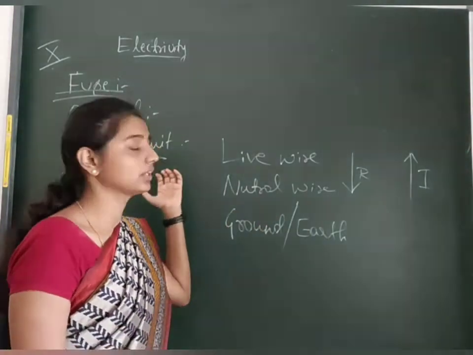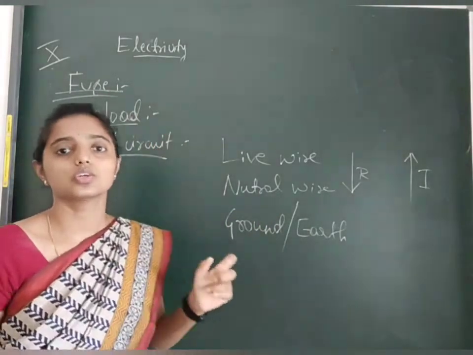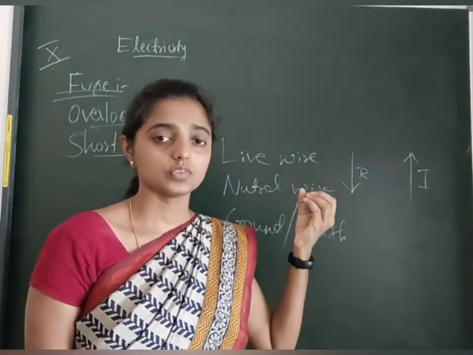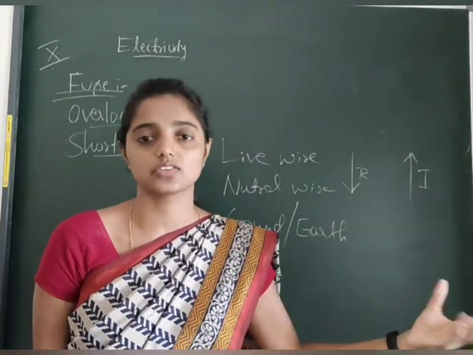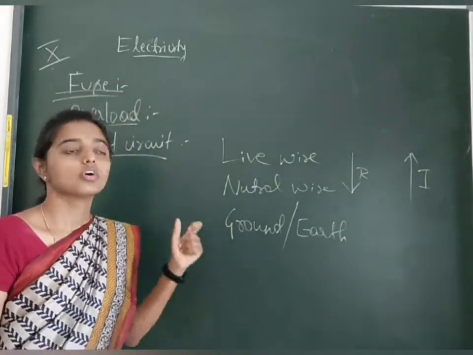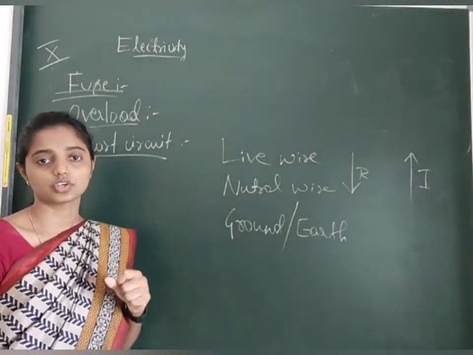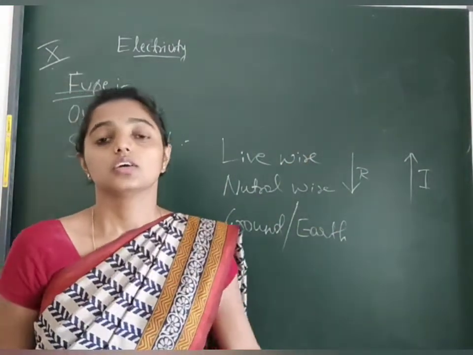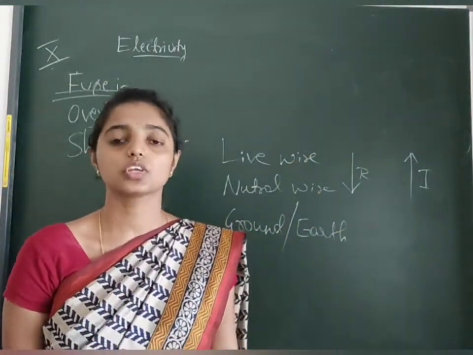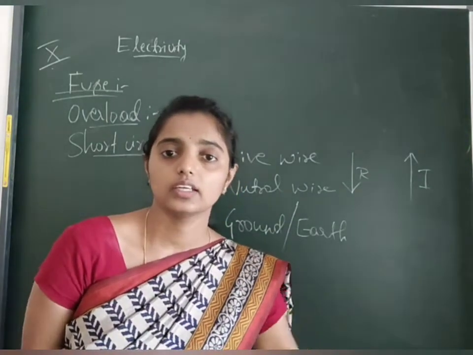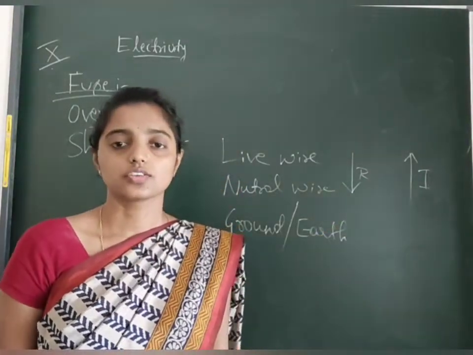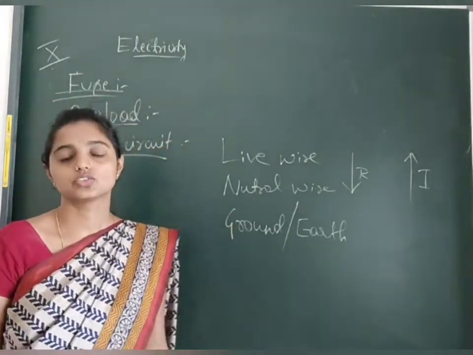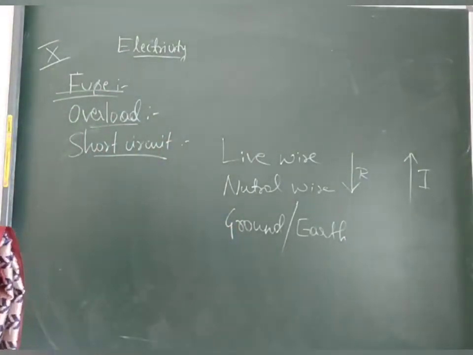The same thing happens when overload takes place. It leads to catching fire, and some other devices get damaged. So this is the definition of overload and short circuit. When you are writing short circuit, you need to mention this: when these 2 wires, live and neutral, come in contact, that incident leads to short circuit. That means resistance decreases, current automatically increases, which leads to the short circuit.